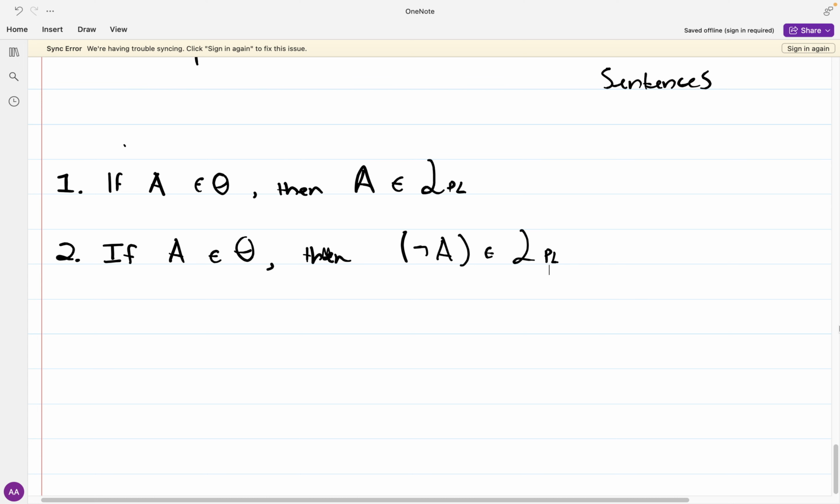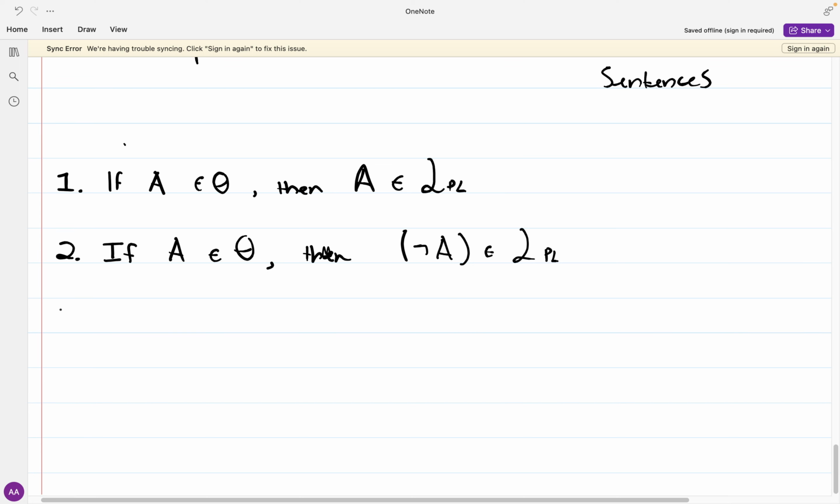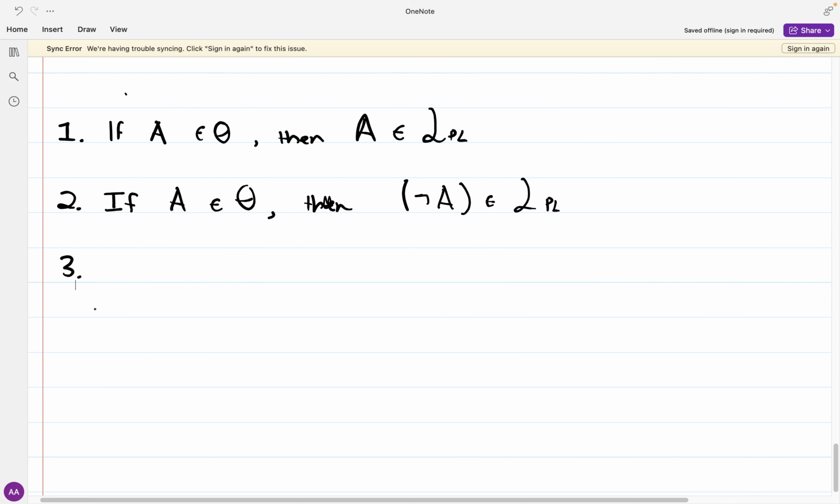We know already that propositional logic is fundamentally the logic of propositions and their relationship with each other in terms of the connectives that we can add in. So if A is a part of the class of things that are part of the language of propositional logic, then it necessarily has to be the case that the negation of A can be as well. And you can probably see where we're going to go from here and what we're going to ultimately construct. Because then we can also say that if